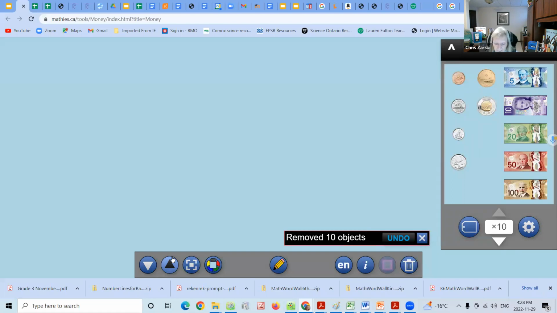And so if they had little bags of money on the table, whatever they dumped on the table, we would ask them to show us 103 cents. You could start walking around and they could even just stick their thumbs up when they think they've got it, and I quickly look at it. And if the answer is yes, then we say, don't touch it. We want you to leave it on your desk. And now I want you to find me another 103 cents. So let them count it out again.